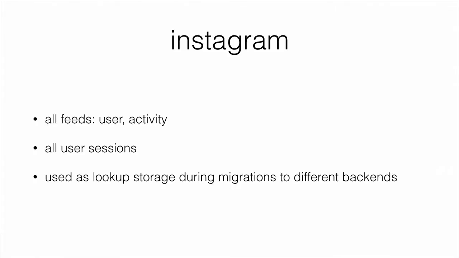Instagram was another huge Redis user. They've since moved away from AWS and brought all of their stuff into the kind of Facebook core architecture. But everything on Instagram that isn't an image pretty much comes out of Redis. All the feeds, all the activity, all the sessions. And they also had an interesting use case where during their migrations, they would use Redis as like a data router for storing both the old information and how it mapped to the new information in Redis, and then they would pick it off one at a time as they migrated users to new systems.